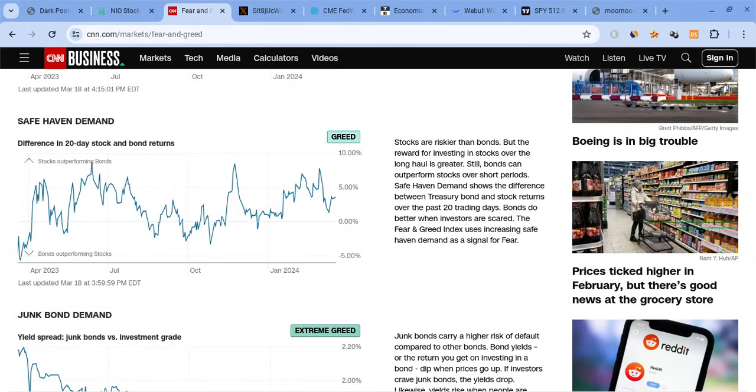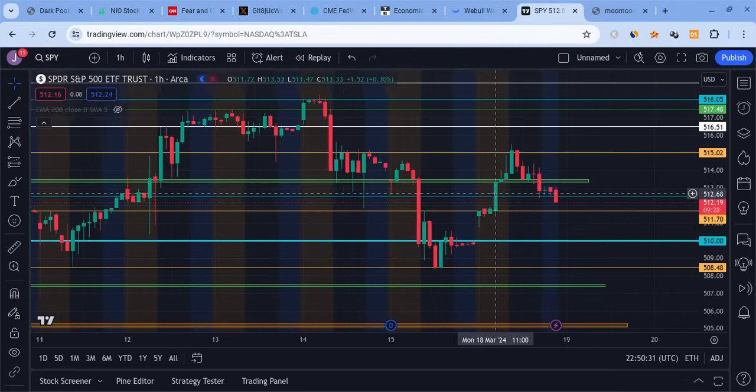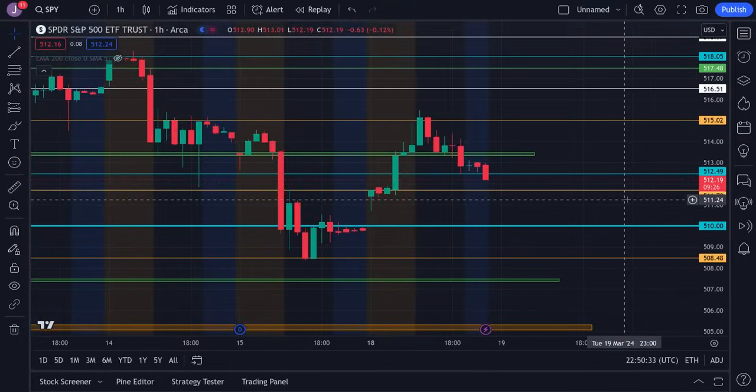So that being said, guys, what do I see happening on the charts? Let's talk about how things are looking. Honestly, guys, SPY was trying to rebound, trying to bounce, and the move ended up failing. And SPY is once again looking a little bit weak. So we're currently at